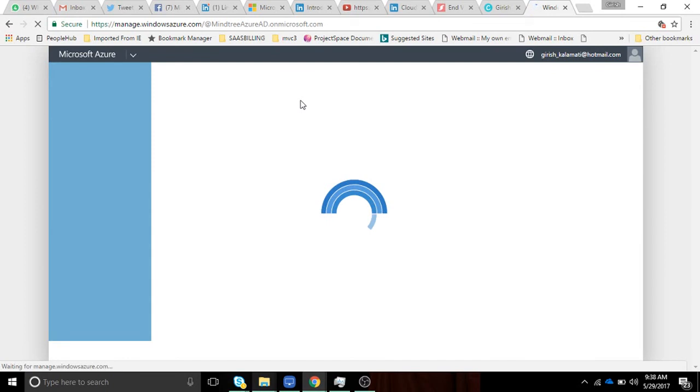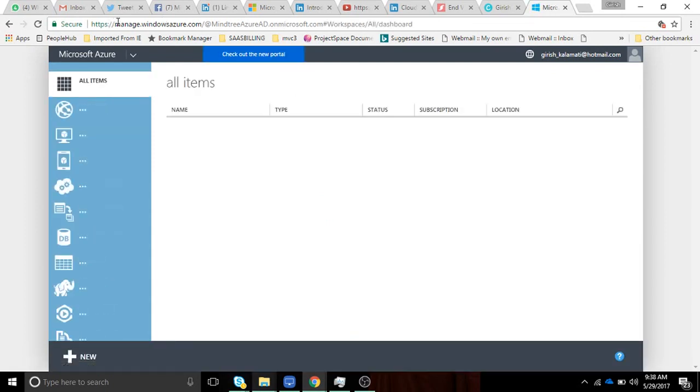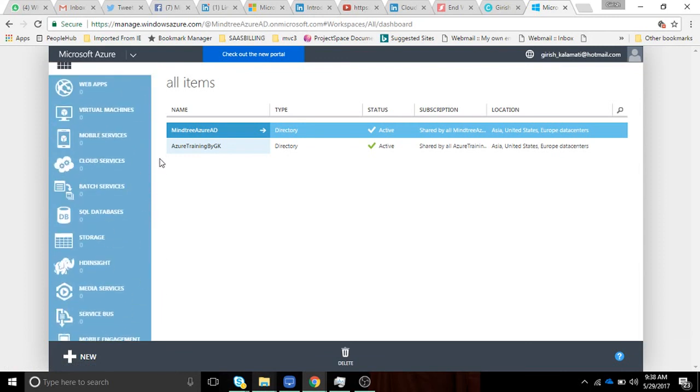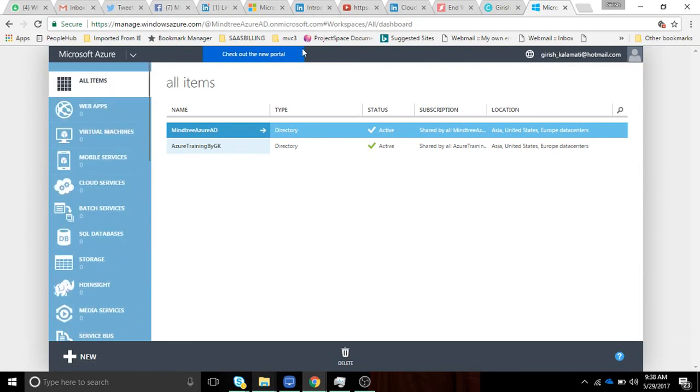Let us go and check out what exactly manage.windowsazure.com is. You can see that this is manage.windowsazure.com, and this is the Azure AD which I created. Azure AD, we will talk about it later. So here are the resources. This is the older portal, manage.windowsazure.com, and the new portal is called